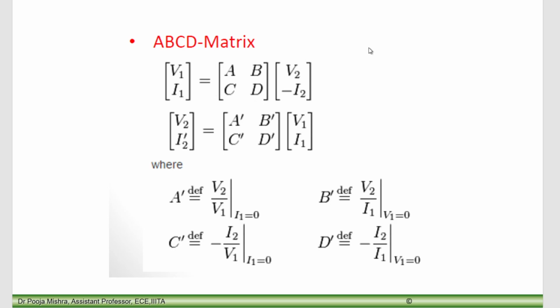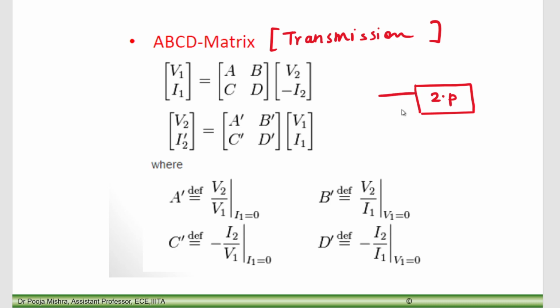ABCD parameters are also called transmission parameters. They are used in transmission applications like electrical lines, etc. Why transmission parameters? Because the original convention of a two-port network is that